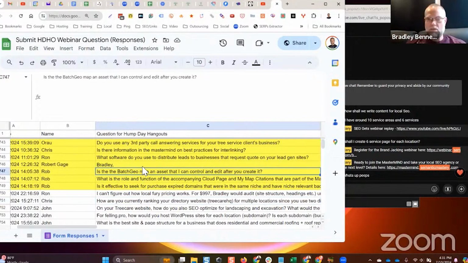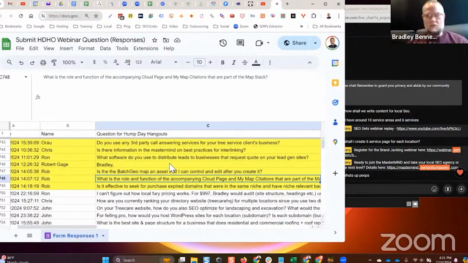But you can test with it, you can play with it. You can build links to that sheet, whatever you want. You know what I mean? So just to be clear, like I said, the cloud page is a good additional link building target. The map citations, you can do what you want with those. Personally, I don't really see where there's a whole lot of benefit from that, but I could be wrong. I've just not done any testing with that, to be clear. Everything should be tested, guys. You know what I mean? So anyway,